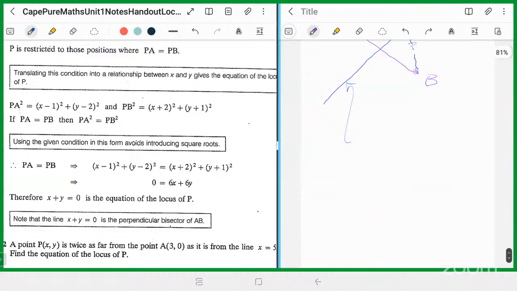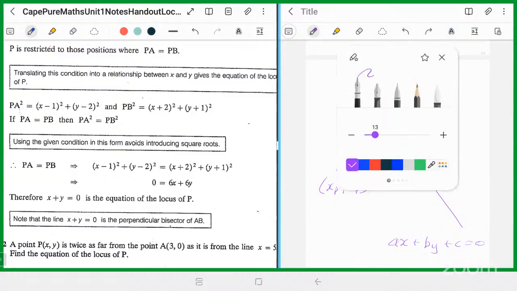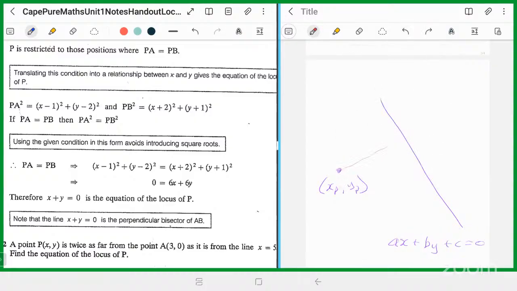And that formula is a formula for the distance from a point (xp, yp) to a line of the form ax plus by plus c equals 0. So you want the equation to be like that. When your point is (xp, yp) like that, and your line is in this form, then this is the perpendicular distance from a point to this line,